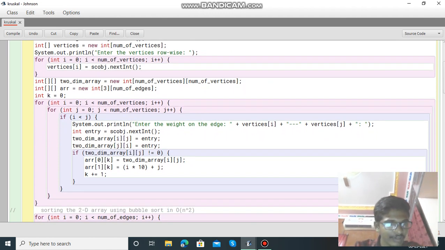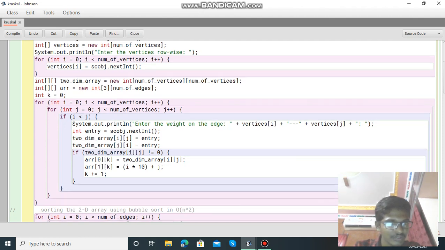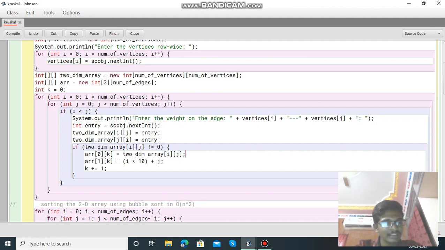then initialize k equal to 0, integer k equal to 0. Then we use a for loop, int i equal to 0, i less than number of vertices, i plus plus, then we use again a for loop, int j equal to 0, j less than number of vertices, j plus plus. If i less than j, we use System.out.println to enter the weight of edge plus vertices of i plus vertices of j, then we use integer entry equal to scanj.nextInt(),